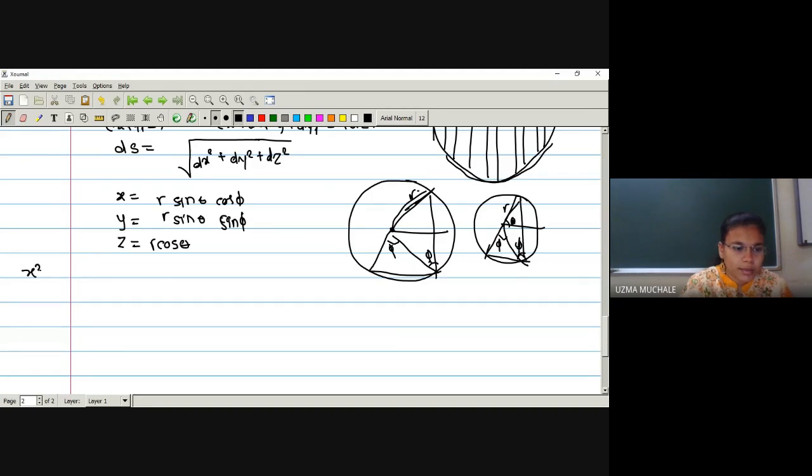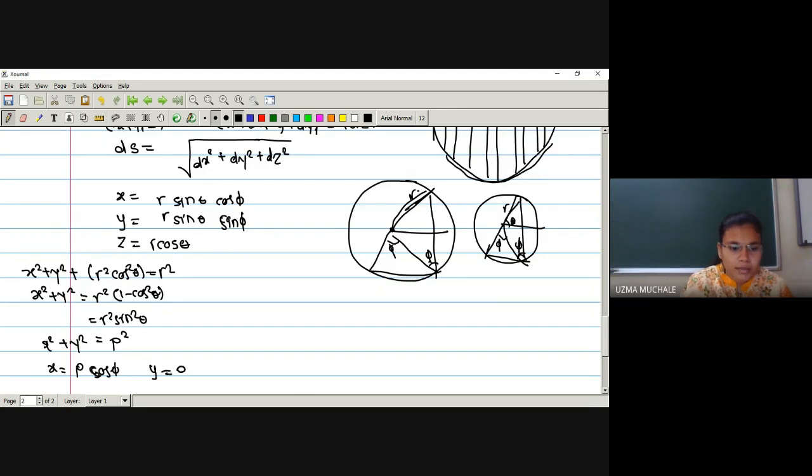Let me remind you once again so that it will be good. Z square is equal to r square cos square theta. So what we have done for that, x square plus y square is equal to r square; we have taken common 1 minus cos square theta, which will be nothing but sin square theta. Then after that we have renamed this as some p, so squaring it will be p square. So x square plus y square is some p square. What will be p? X is p cos phi, बरोबर? And y is p sin phi.